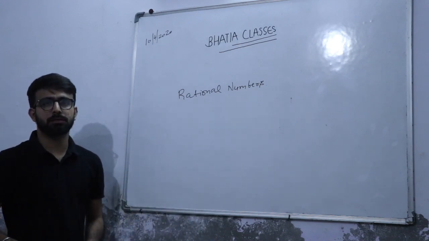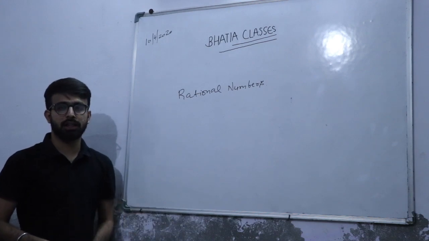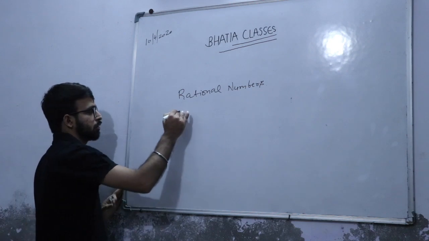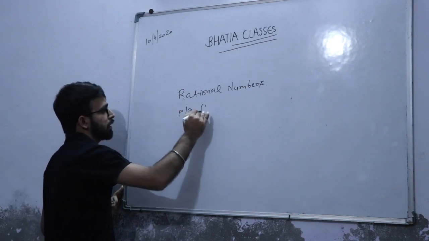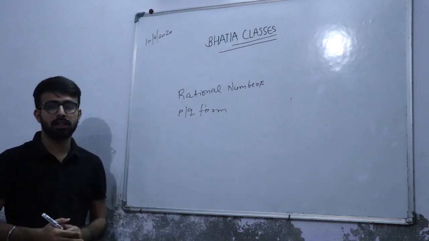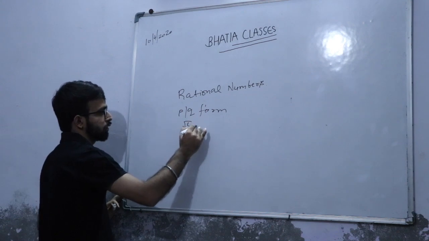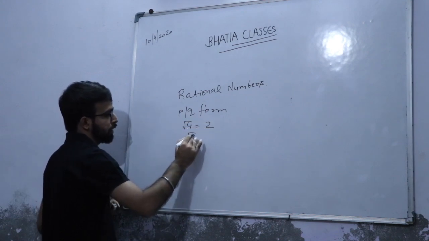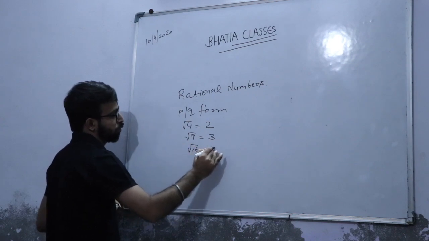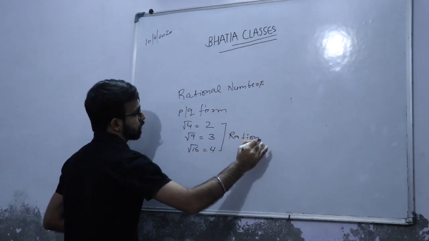आप सभी 10th क्लास में पढ़ते हैं तो आप सभी को पता तो होगा कि रेशनल नंबर्स क्या होते हैं। फिर भी मैं इंट्रोडक्शन के लिए आपको बता देता हूं, what are rational numbers. The numbers which are in p/q form, these numbers are known as rational numbers. For example, √4 is equal to 2, √9 is equal to 3, √16 is equal to 4. All these are rational numbers,